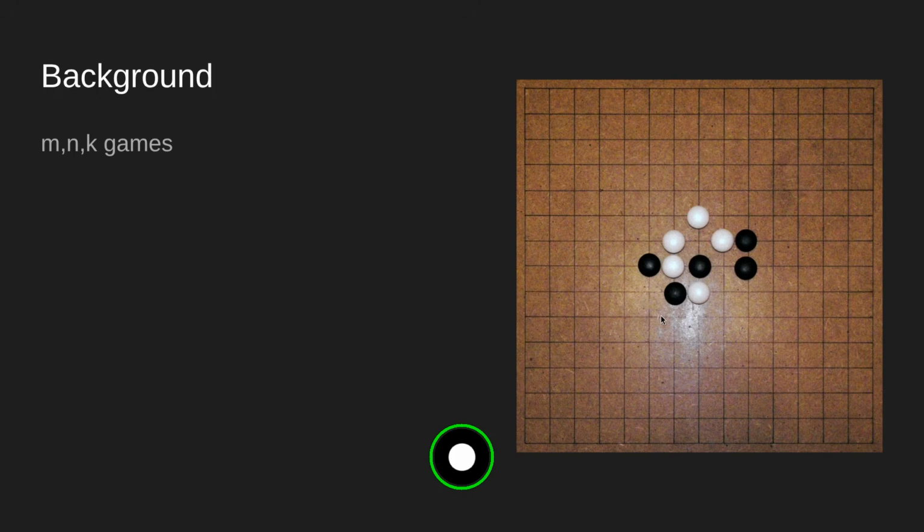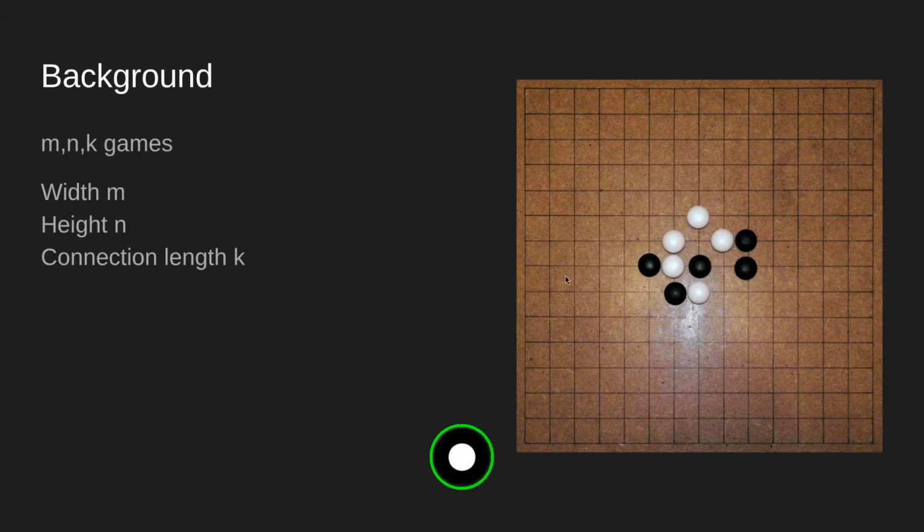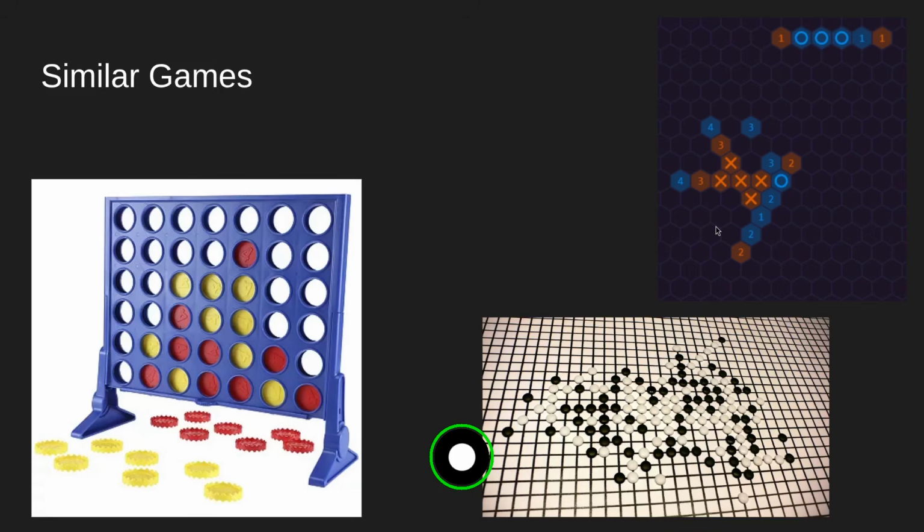But more generally, it's any game of width M, height N, so that's just the size of the board, and connection length K. So that's a class of games, but there's a broader class surrounding that of games which have extra rules and conditions, such as Connect Four, for example. In Connect Four, you're still trying to get four in a row on a 6x7 grid, but there's the